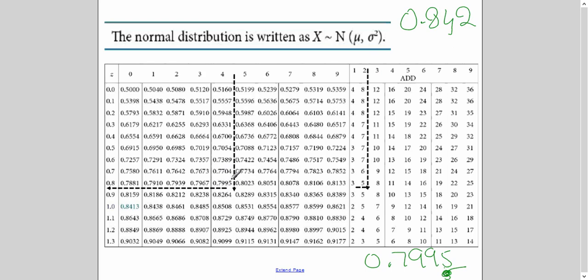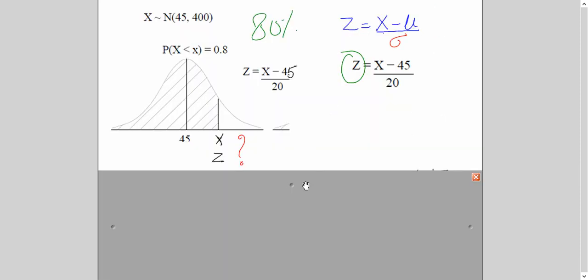You will read the value of probability which is less than your required value if the exact one does not exist here. Then you see what the difference is, and please look at the difference with respect to the last digit addition, just the way we have done in the earlier videos. So I see it is 5. In the same line, I come to the third decimal place, 5 is here, and I pick up 2. So this is my first decimal place, second decimal place, and third decimal place. So my value is 0.842.